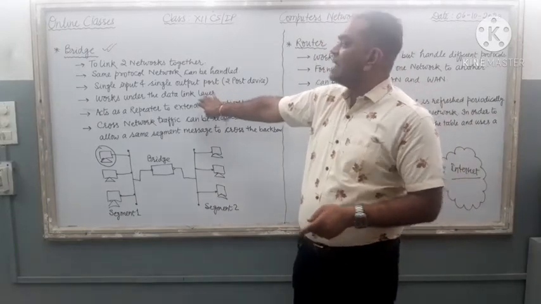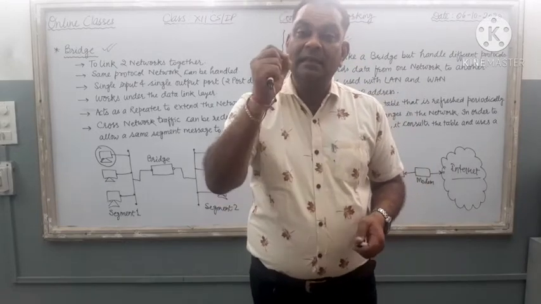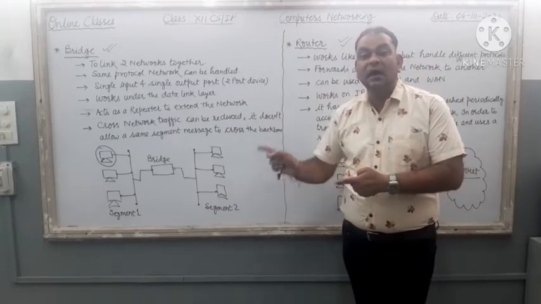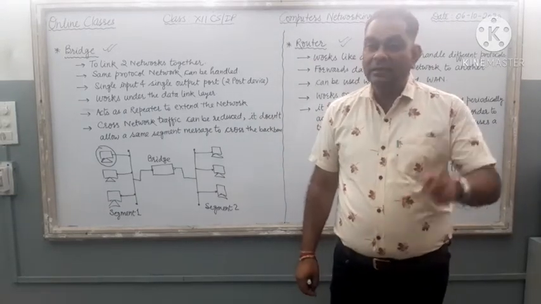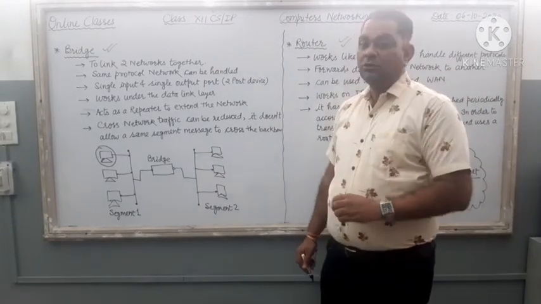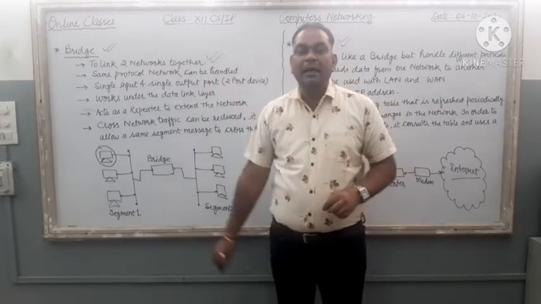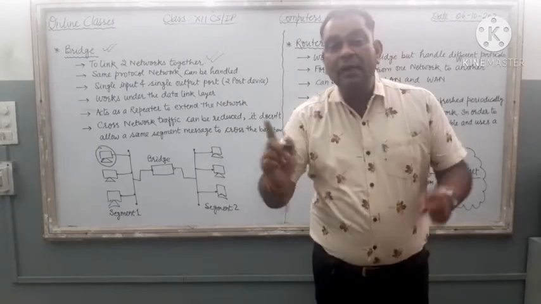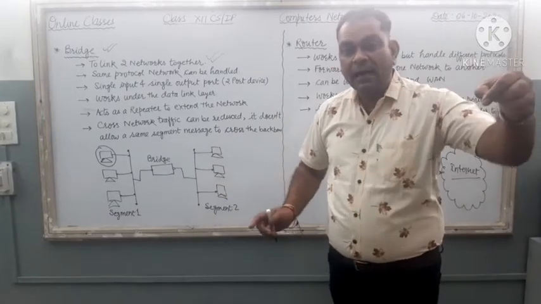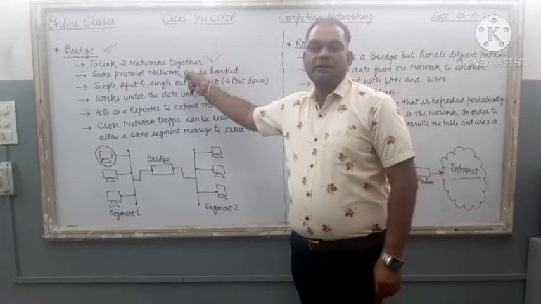So here, first take the example of bridge. Bridge is a networking device, means it is hardware only. Just keep in mind, all these devices are hardware. It is not software. Clear? So what is there in bridge? Bridge is used to link two networks together. Just see the first point. It is used to link two different networks, or you can say two different network segments. Senior computer lab, junior computer lab, if you want to connect these two different network segments, just purchase a bridge